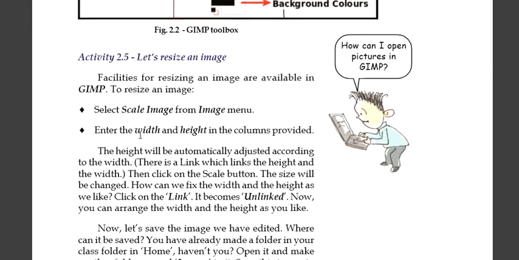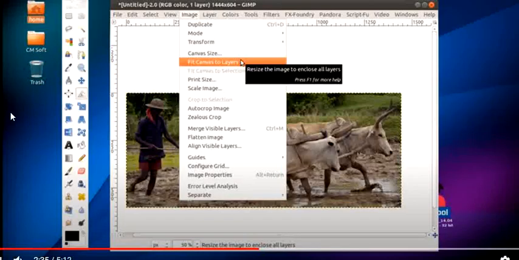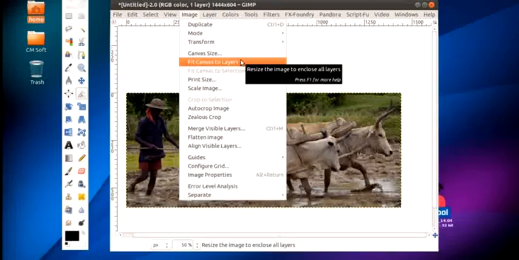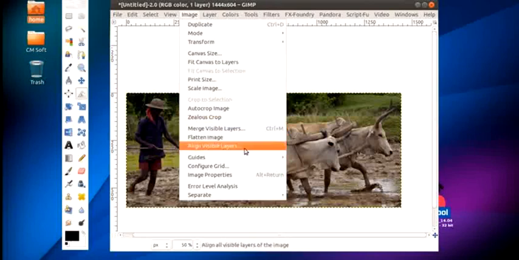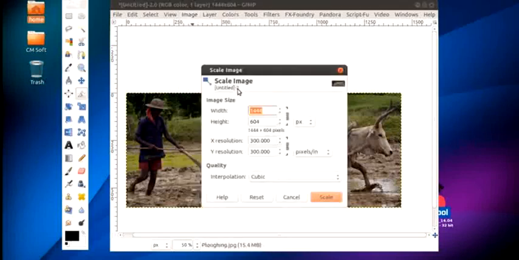Then enter the width and height in the columns provided. Select the image menu, then select Scale Image. Now enter the required width and height in the columns.